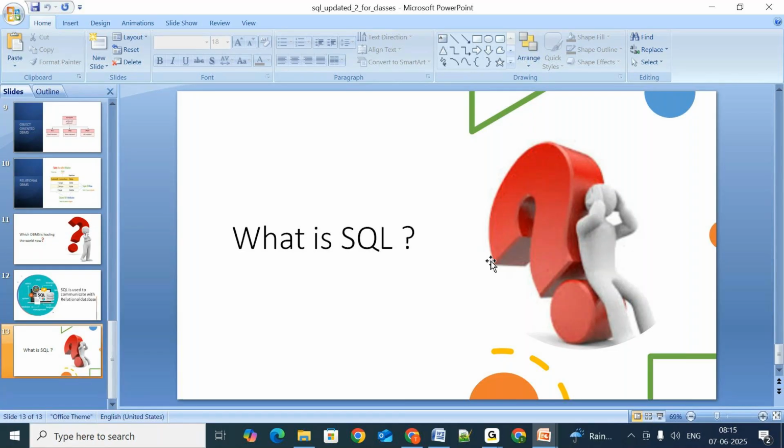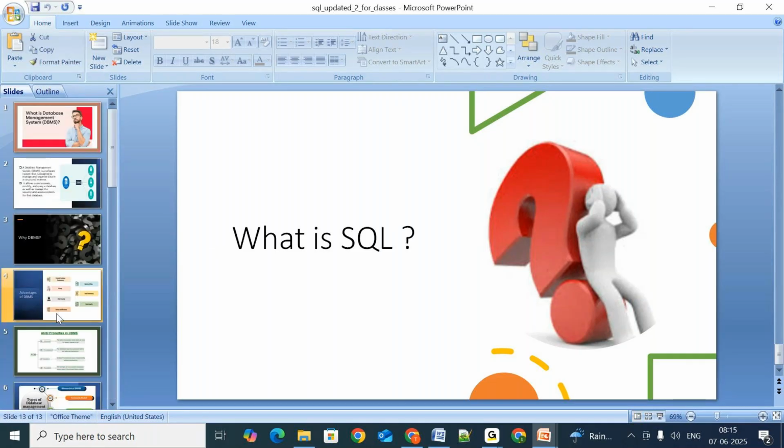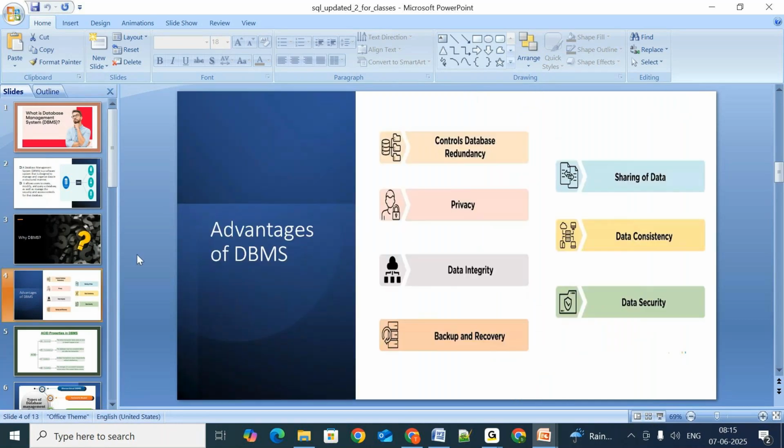Performance and everything else is secondary. But if you want to call something a database, the advantages need to be there and the properties also need to be there. So what are the advantages we saw when it comes to DBMS? One is controlling data redundancy. What is meant by redundancy? Duplicates. Redundancy is nothing but